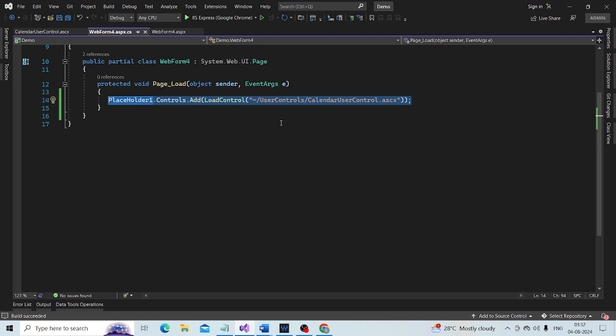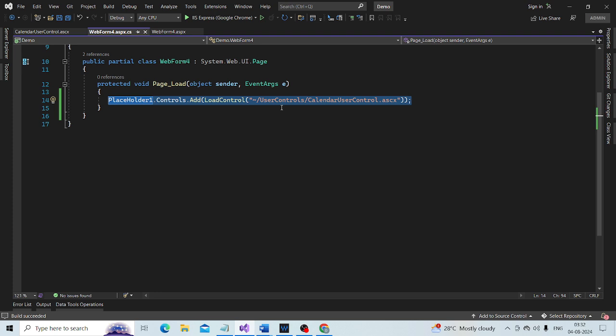But since we are generating this control dynamically, let's see what ID is automatically generated.